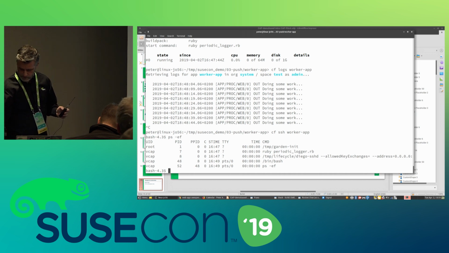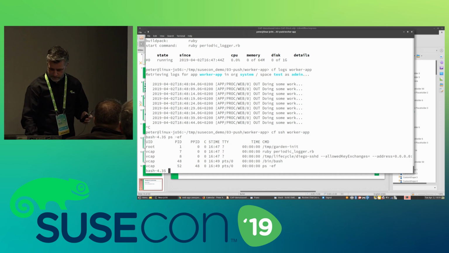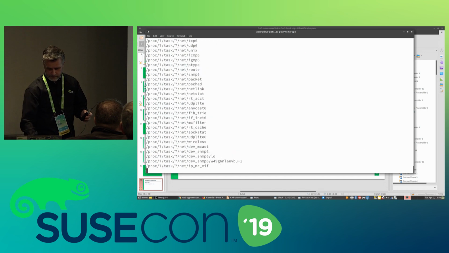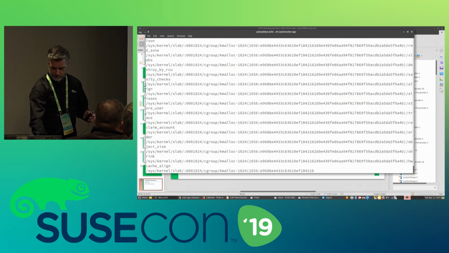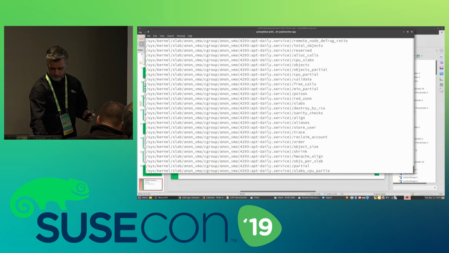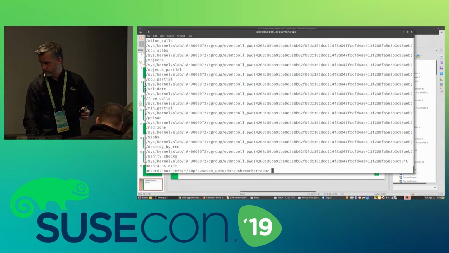This is an ordinary container, so I can do whatever I want here within the overlay file system. So basically, troubleshooting whatever you need to do here. And that's it about logging, so back to you, Peter.